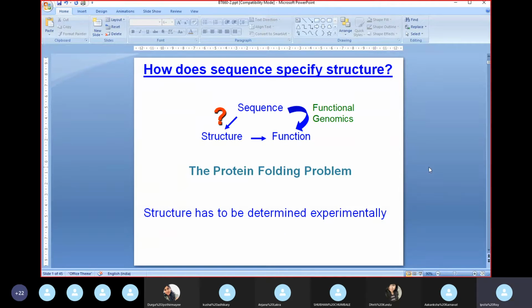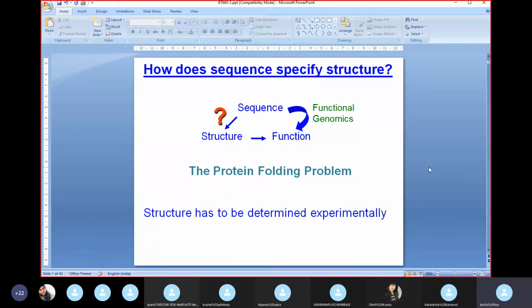So why do I need prediction tools when tools like X-ray are there? I'm not sure how familiar you are with X-ray and how you determine structures using X-ray, but it is definitely not an easy task. The amount of data that is generated is so huge, and from there you have to work it out. So a lot of expertise comes into it.